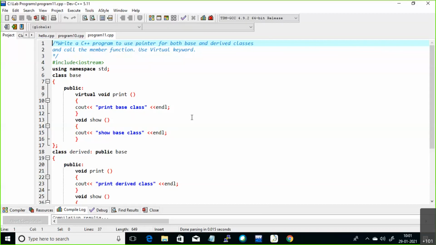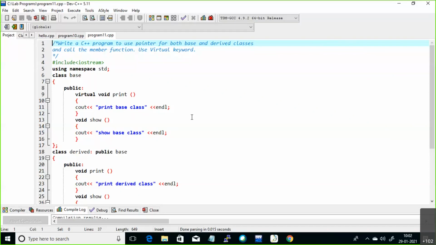First we need to create one class, then derive one class from that base class. Whatever functions you have inside the base class, you override inside the derived class. Then by using the base class pointer, you access the members of the base class and the derived class.